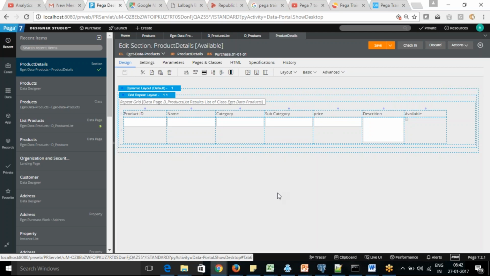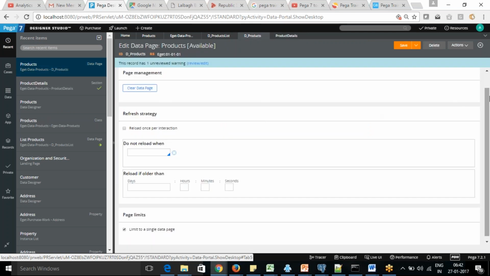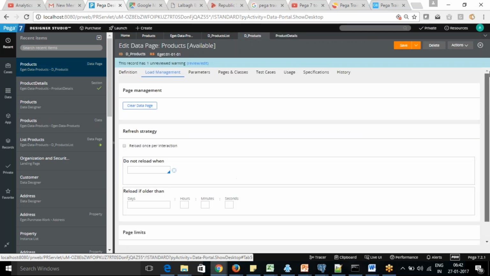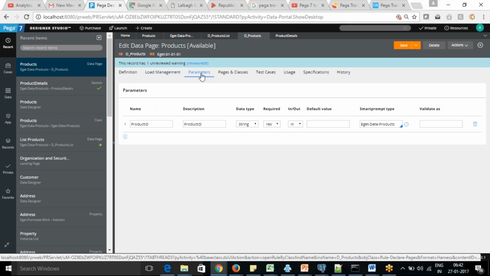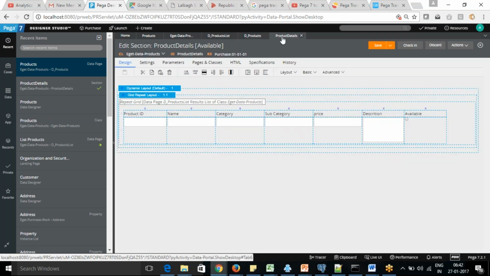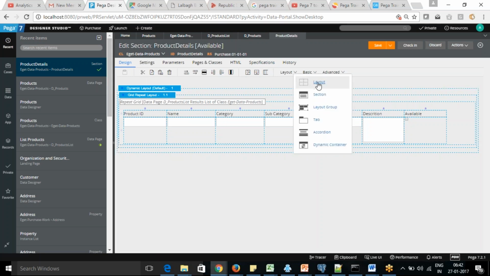Yeah, thank you. There are some more things in the database that you will get to know, and how we can go further with them. So these are the parameters which are useful for different purposes as well. I showed you one use of it, right? Within that, let's see the data product list we have. Product details is there, right? So let's see, I'm going to give you one more use of it.